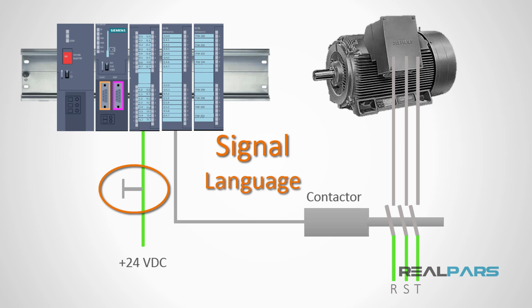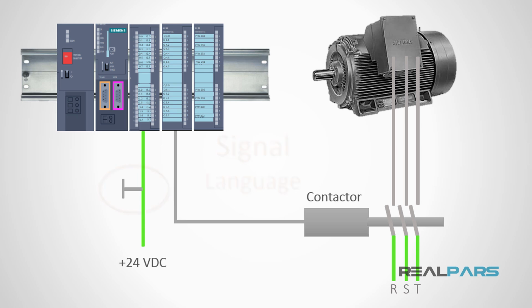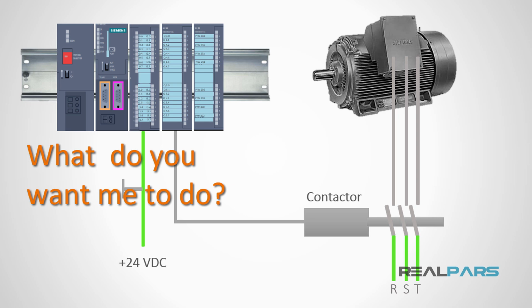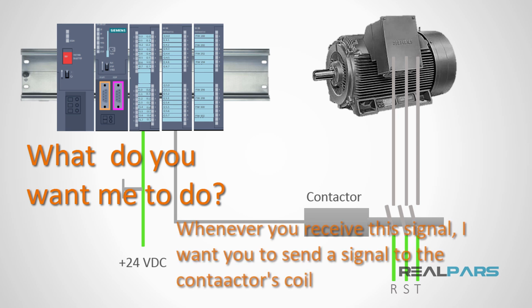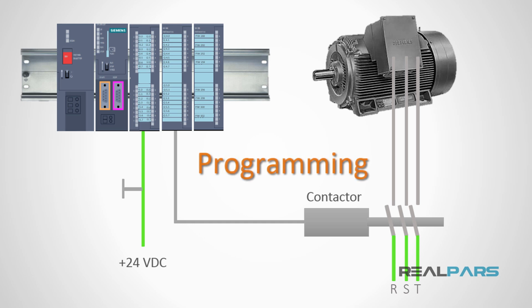So we know that the PLC understands whenever we've sent a command. But how does it know exactly what to do after receiving the command? In other words, the PLC is saying, okay, I know you're telling me something, but what exactly are you telling me? What do you want me to do? So, we should tell the PLC, whenever you receive this signal, I want you to send a signal to the contactor's coil. So how do we say this to the PLC? That's right, with programming. So now, instead of signal language, we will use a programming language to talk to the